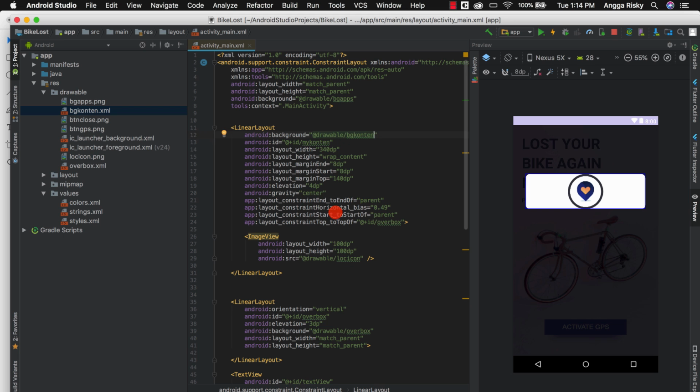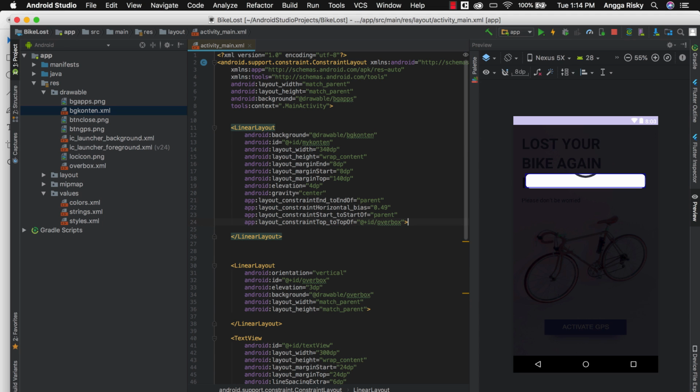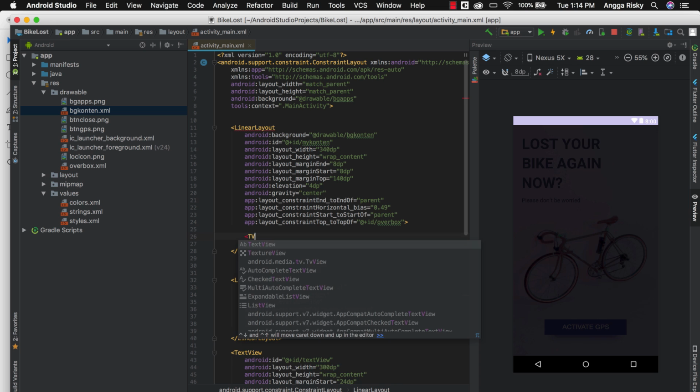Okay, and for this image view, are we able to set minus 60 dp? Wait, no, we're not able to set this, so I think I have to do it manually. So just remove the image view, and then you put the text view here.